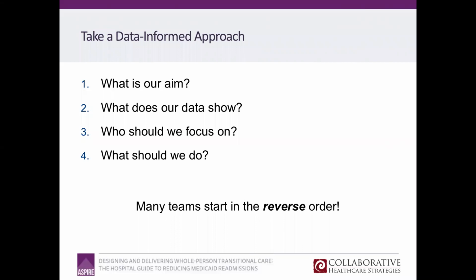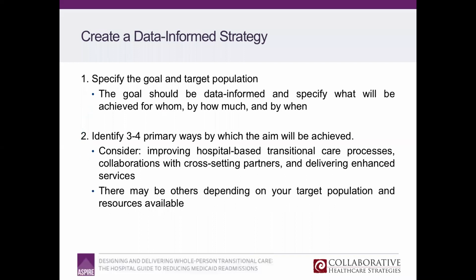And when they look at their data or their root causes, they realize, for example, 50% of their Medicare pneumonia discharges are going to SNF. And they've categorically not made post-discharge calls or appointments for anyone going to SNF, right? That's logical, but it's not effective. So take this to heart and really study this slide and say, did we start at number 4? And have we put together a set of interventions that are rooted in our aim, are informed by our data and root cause analysis, and targeted and such that we're doing things that are actually going to help the people who are being readmitted.